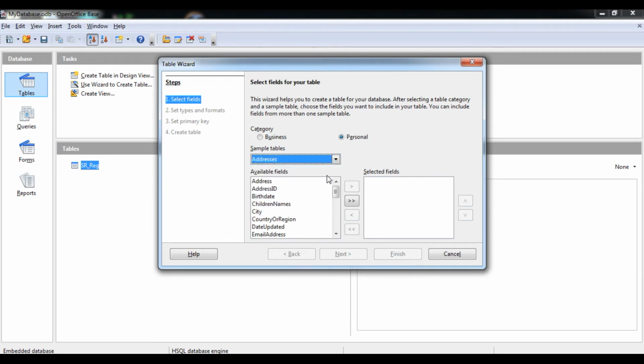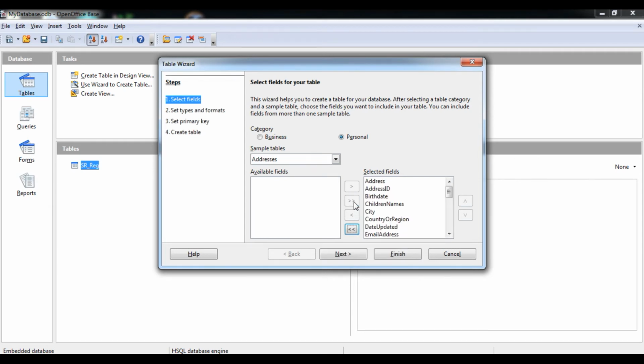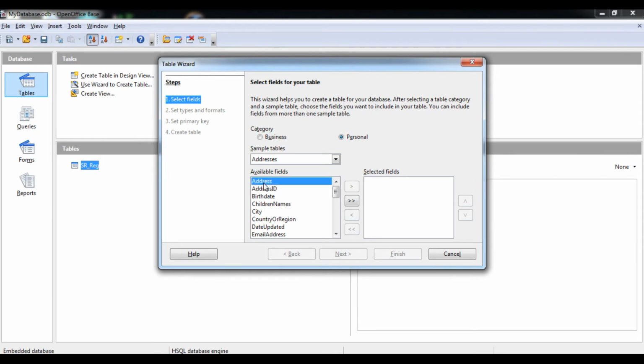So we are going to click on the address only. Here you can see that there are two boxes given, available fields and selected fields. By default OpenOffice provides you fields. If you click on this double arrow, it will select all particular fields for us, but we do not require all, we require a smaller number of fields. So we have to just select the appropriate field name, suppose address, and then press the single arrow. It will select it for your operation. Then select the birth date, and then city, and then address.